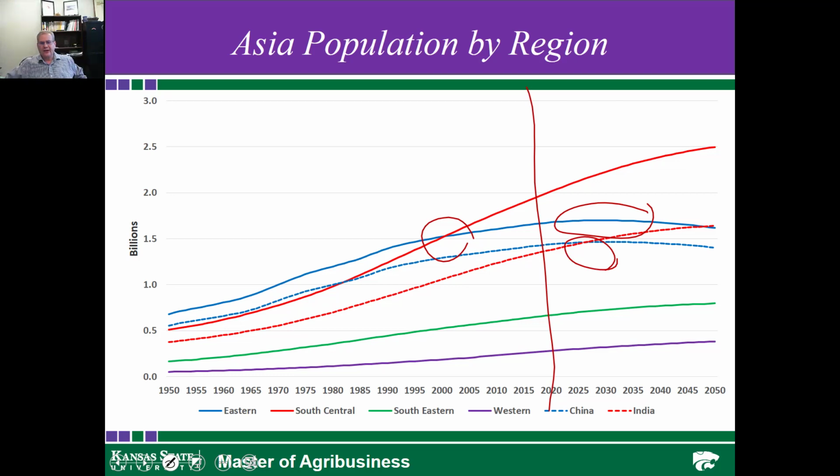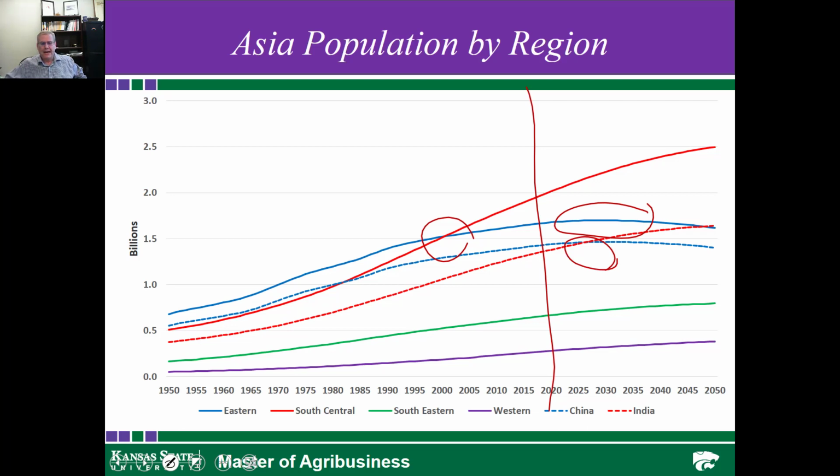The other thing I think it's important to realize is by the time we get to 2050, India probably will have about 200 to 300 million more people than China. And so one of the things that I think may occur in your working lifetime is certainly the fact that India could end up being more important with regards to population. And we'll see that when we get to the supply perspective.